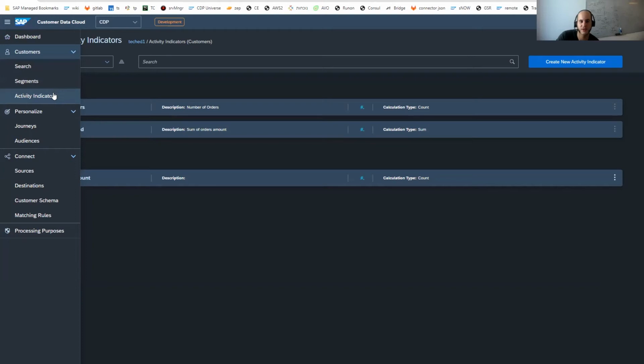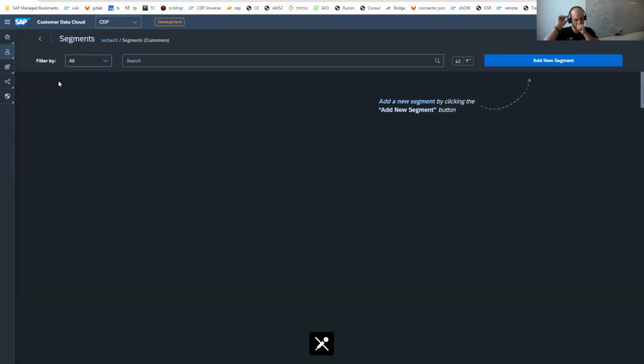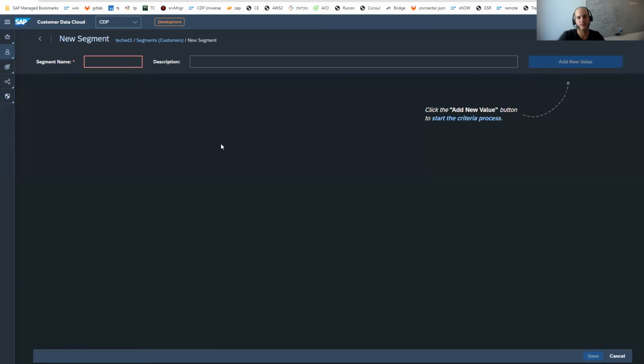Really close to where activity indicators are, there are segments. And if we go there, we'll see that we currently don't have any segments at all. So let's create a new one and talk a bit about what segments are. Segments are basically kind of like additional fields that can receive different values according to a condition. So let's create a segment called T-shirt lover,